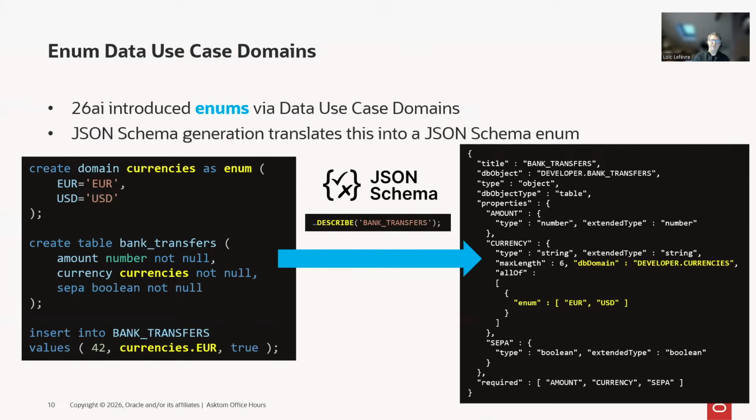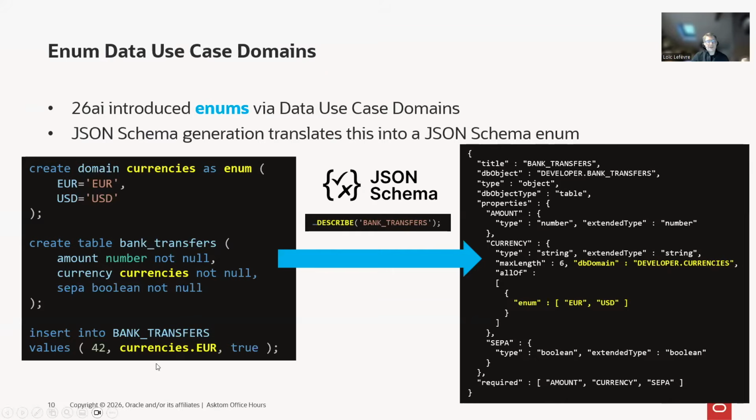So for example, in 26 AI, we have introduced the enums. Enums are basically a way to store pre-known values within a data use case domain. So you create your domain, you say it's an enum, and then you specify the values here. Then you can use that domain as kind of a new data type that way.